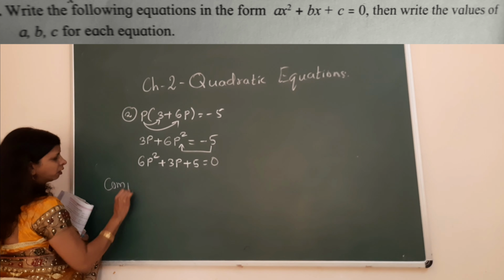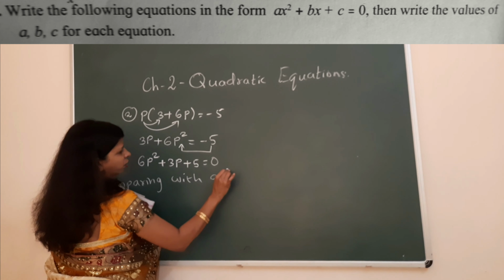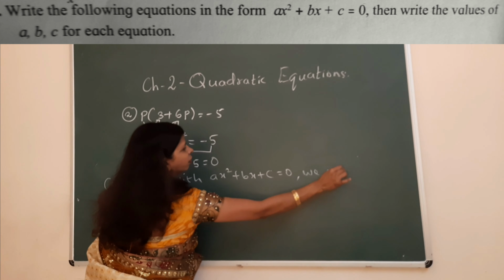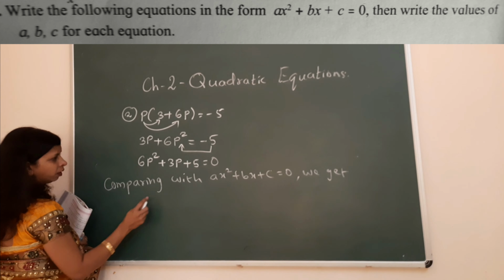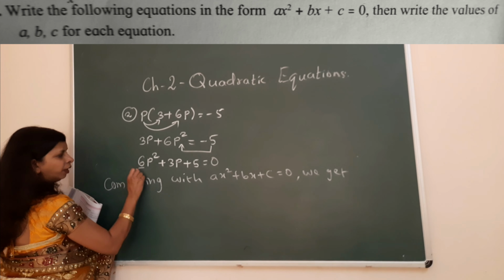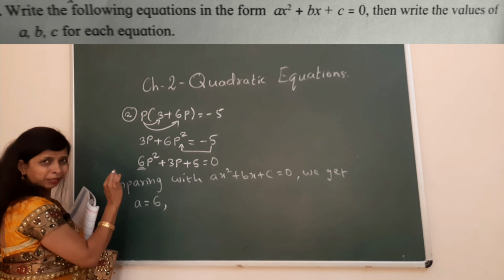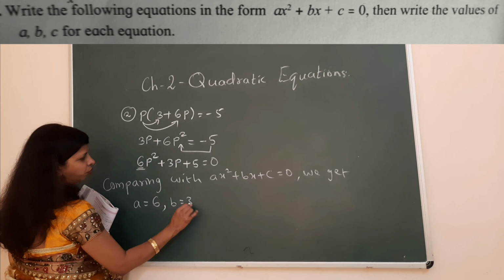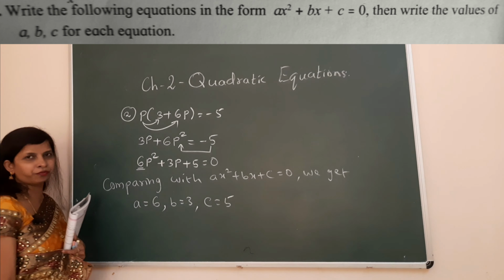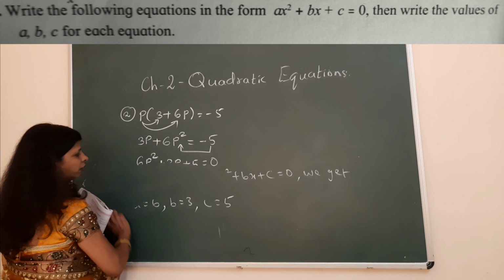So now the next part is comparing with ax square plus bx plus c equal to 0. We get the coefficient with p square will become your a. This is your a, so a is equal to 6. Coefficient with p is your b, so write b equal to 3. And the constant number is your c. C is equal to 5. That's it. Another example I would like to give you, that is